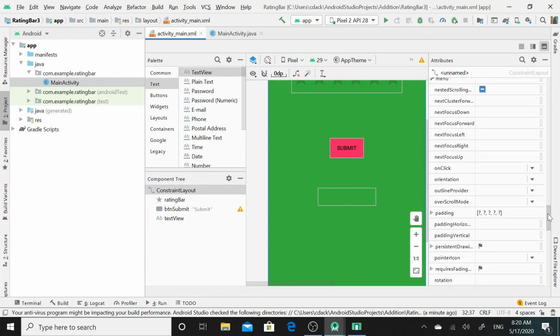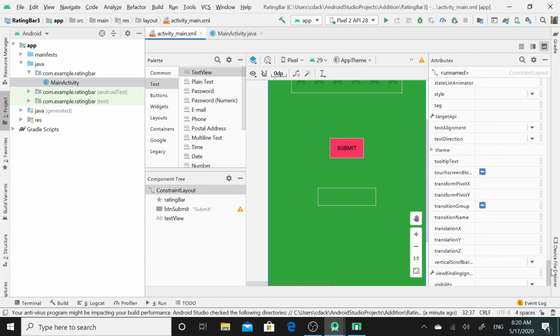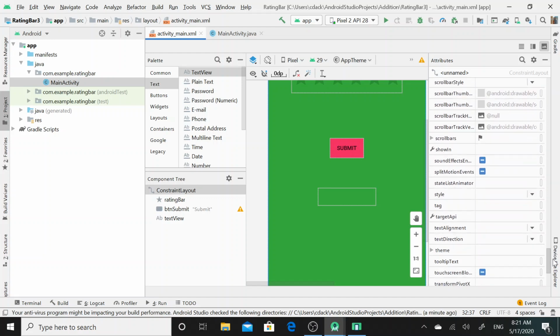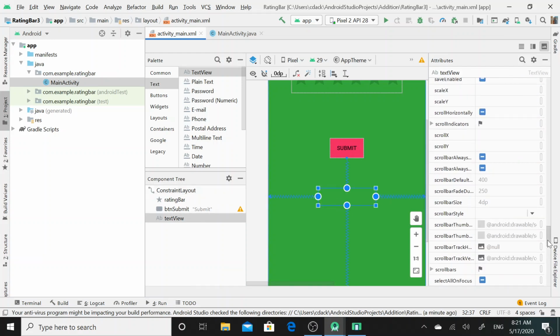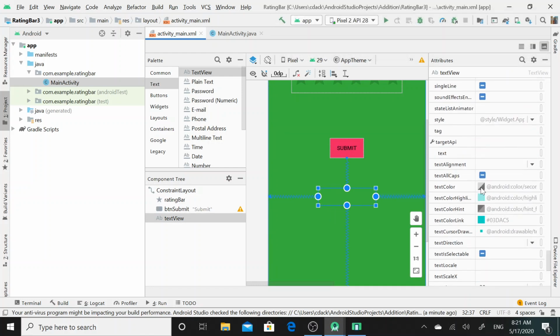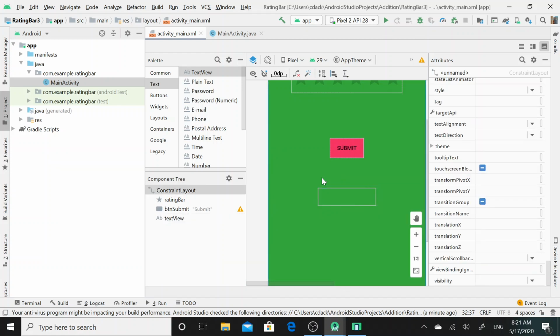And to set the color on that string, I will select the textColor property. So now I have assigned this color to the rating. Again I will click on the run button.